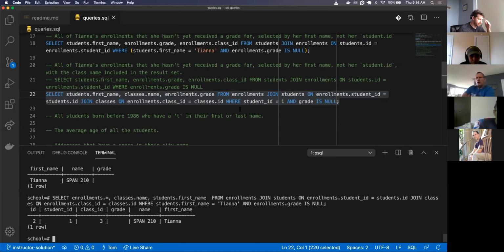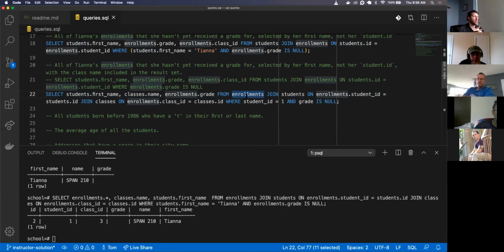Quick question or clarification. It looks like Dan did it one way and I did it a different way. It doesn't seem to matter whether it's from enrollments join students or from students join enrollments, is that right?